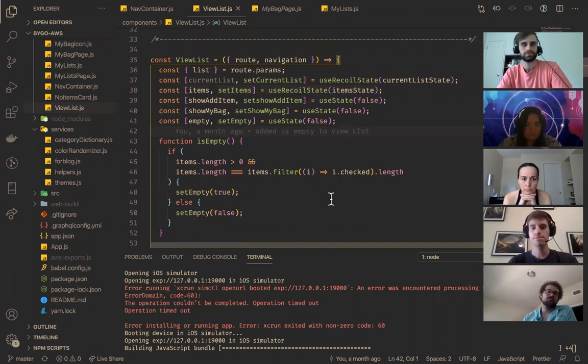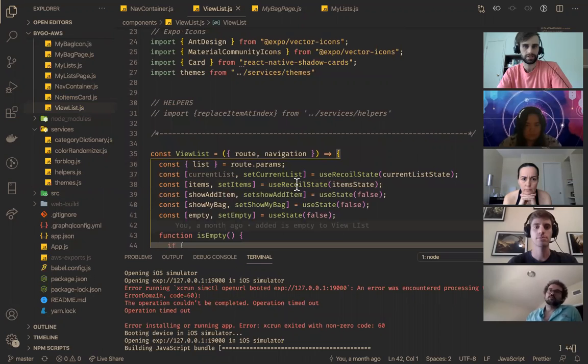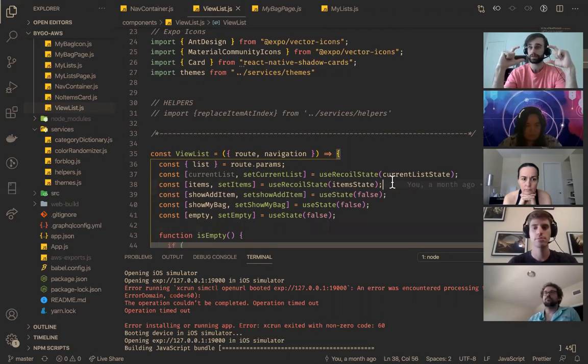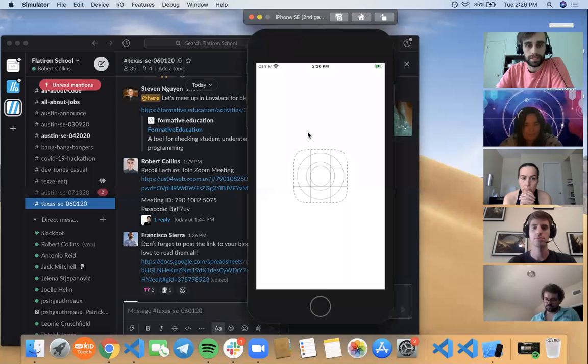But you can see that I did use Recoil state a lot to share arrays of items, like which items are on a particular list. And I shared the list so that anytime any of my components updated that list, deleted it, or did anything like that, all of the other components would also know that that list was gone. One of the biggest things, if this works, which it looks like it's not,